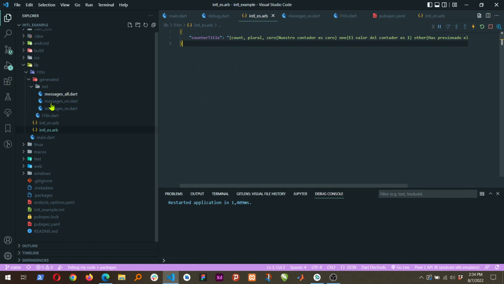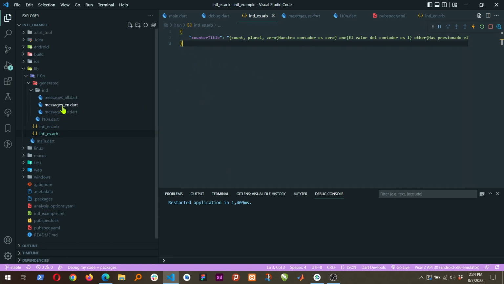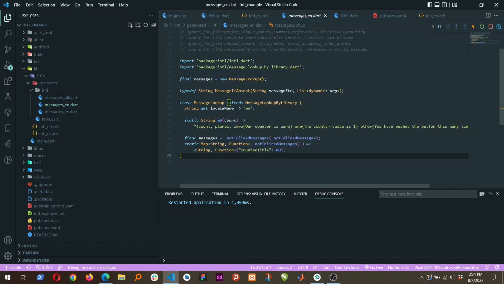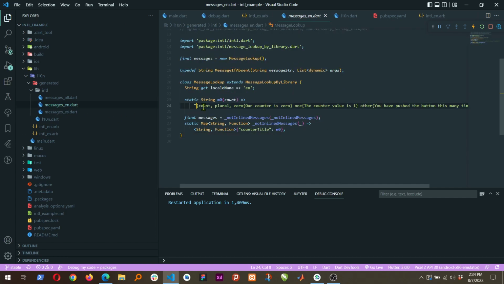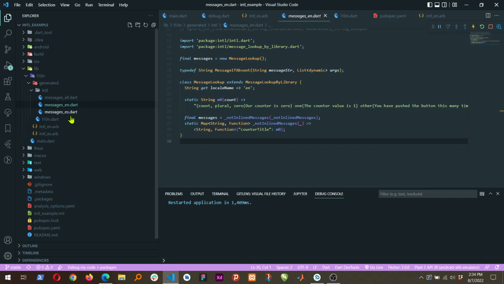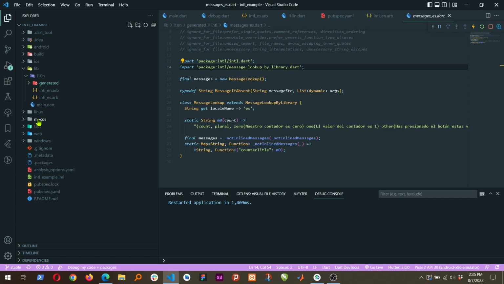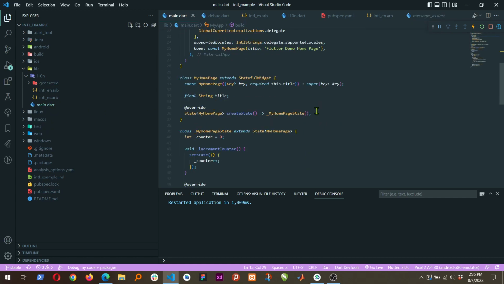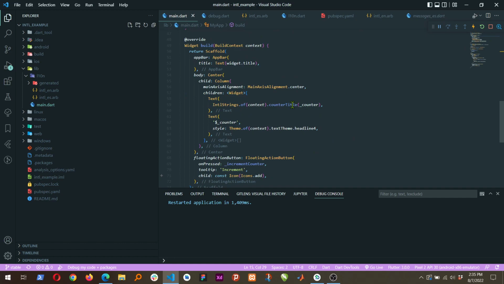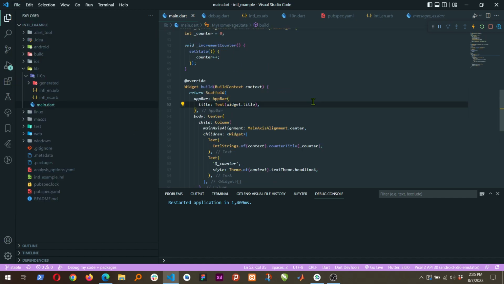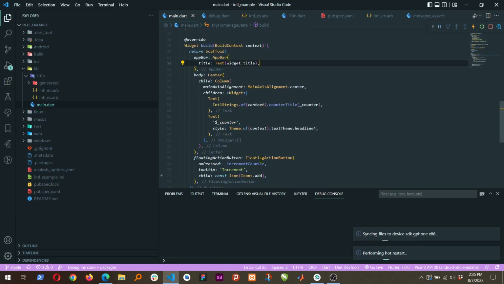Okay, everything should be auto-generated here in the English version. As you can see, now we have a similar string as the one that we placed in the ARB file, and for the Spanish one too. So if we go to our app, okay, let's go. We have exactly the same here because we will use the same variable for this. And if we save everything that is already saved and refresh the app,